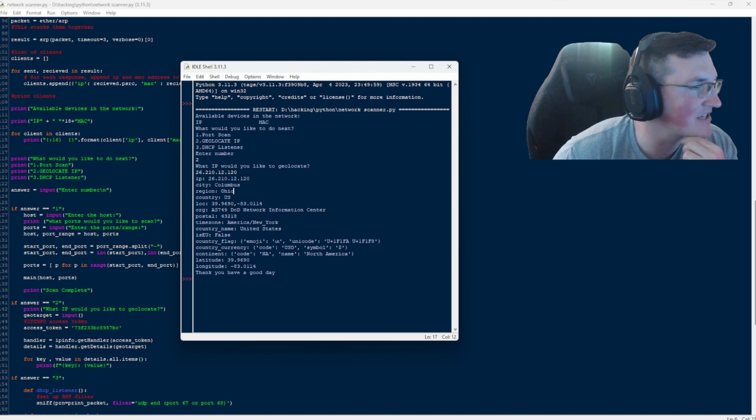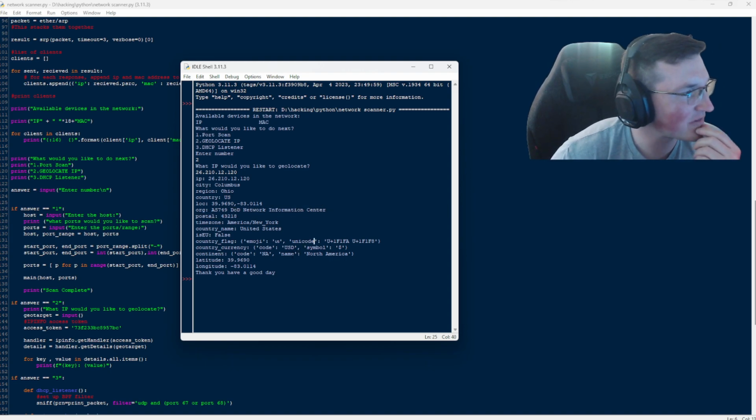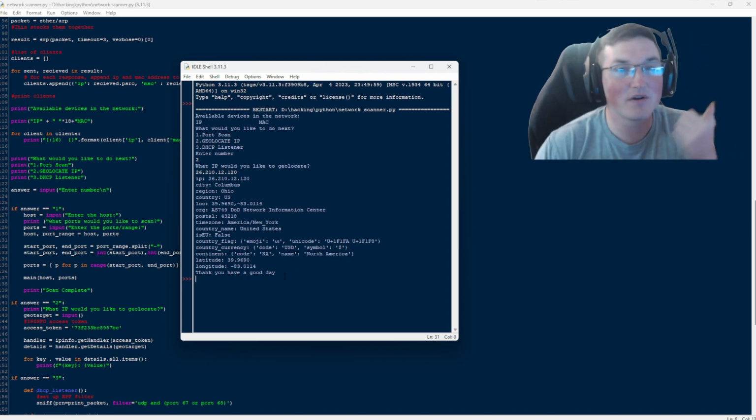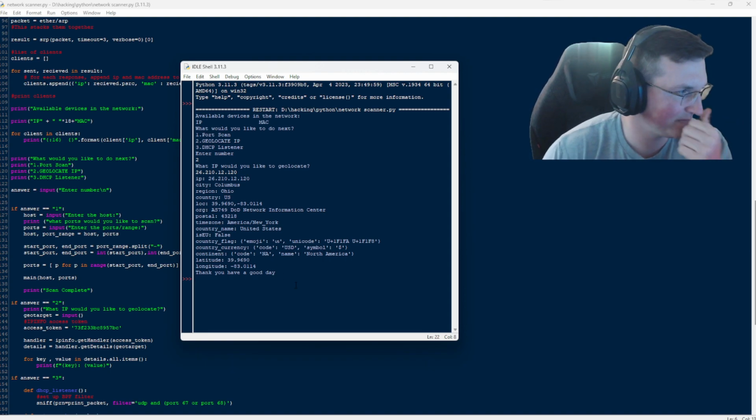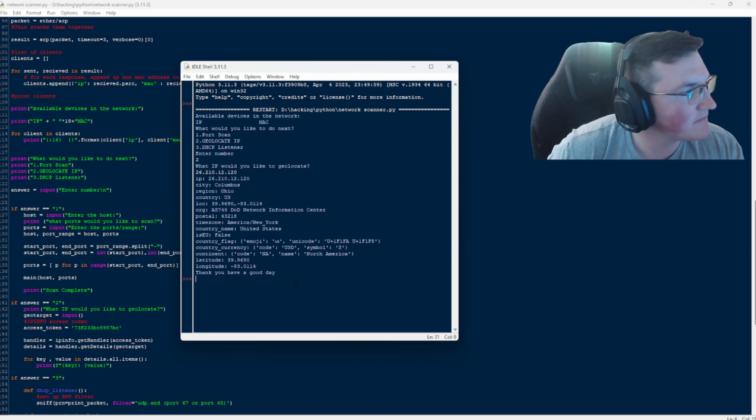Okay, so that is actually a Department of Defense Network Information Center. So we're not going to ever mess with that, obviously. But you can see that's how fast it was, and I know exactly where it's at, where it's located. And sometimes you'll get this to work, not all the time. So that's really cool. So now we'll go ahead and we'll run it again, but this time we'll use the